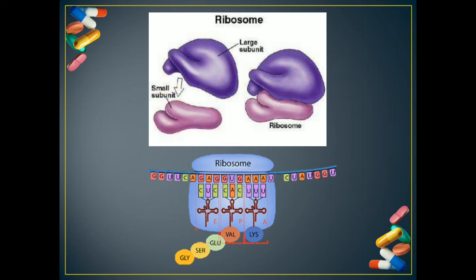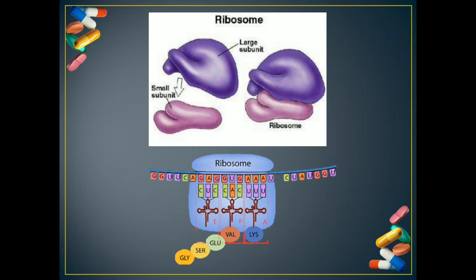The prokaryotic ribosome is different from the eukaryotic ribosome. The prokaryotic ribosome, as in the ribosome which is found in bacteria, is made up of two subunits, that is 50S, which is the bigger subunit, and 30S, which is the smaller subunit. So these two subunits combine together. The 50S combines with the 30S to give me the complete ribosome, that is 70S.